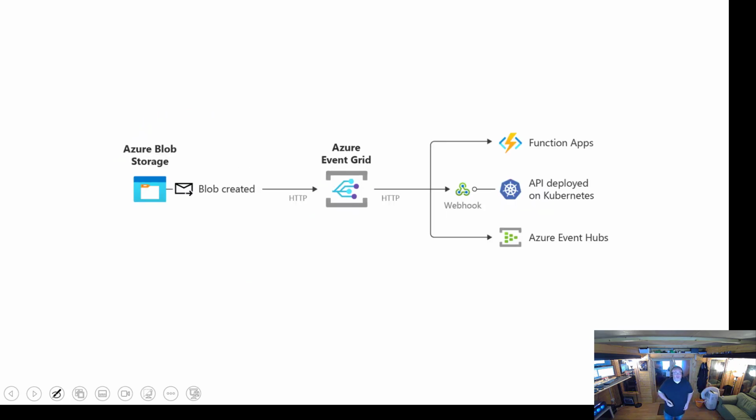Now, if we think about one of the other Event Grid scenarios, this is a little bit like the one we had earlier. This is the storage account where a blob gets created and Azure can be configured to automatically send this event to the Event Grid. At this point we've got subscribers, so we might have a function. The webhook can support either your own custom API, or things like logic apps,